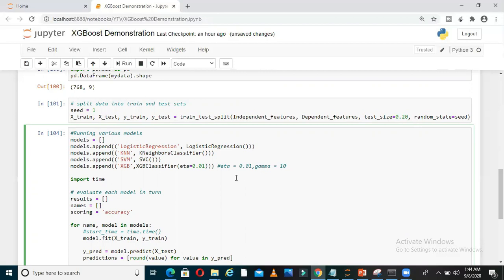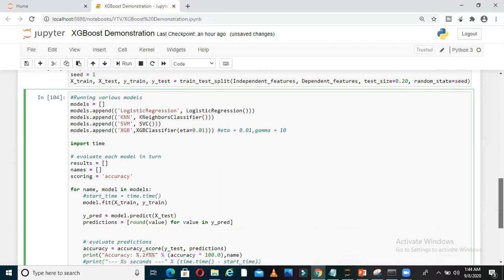Now we also discussed another parameter called gamma. So what is gamma? Gamma is by default 0. What is the job of gamma? The job of gamma is it controls the overfitting of the model. So if you increase the gamma value from 0, let me put gamma equal to 50, just an example. What will happen is, in this case, the trees which will be created inside this XGBoost will not grow beyond a certain limit, which means we are pruning the tree.